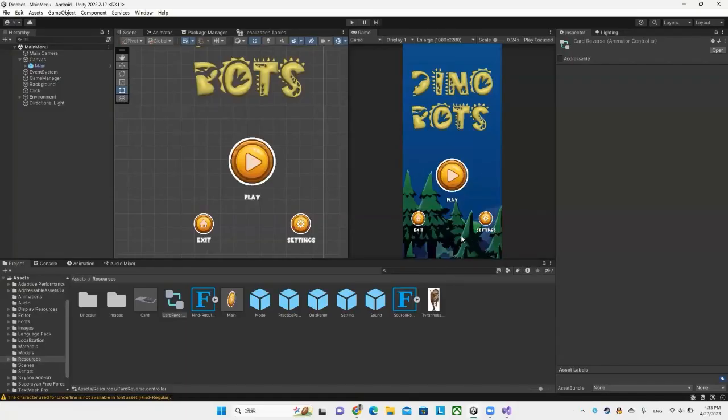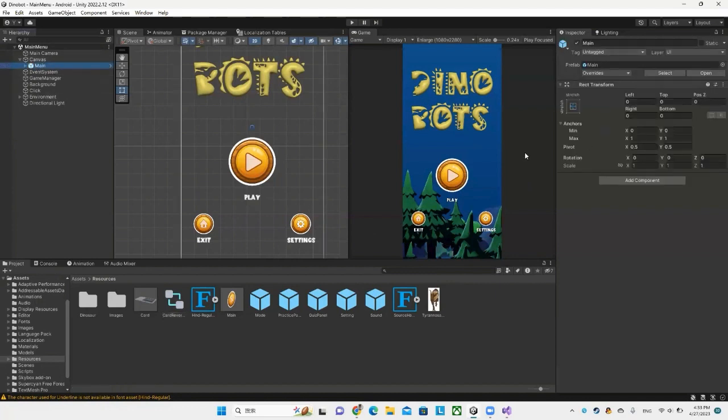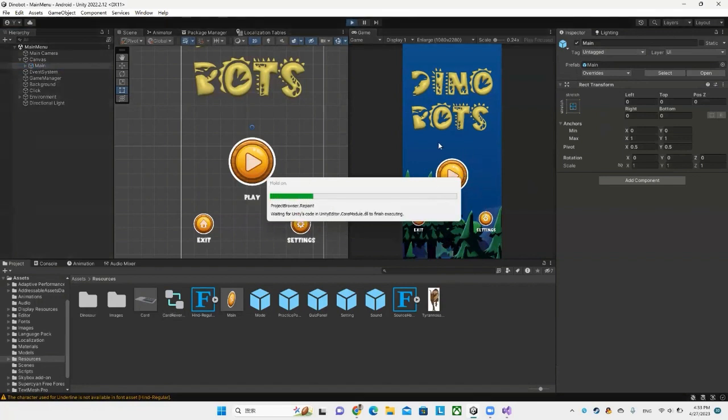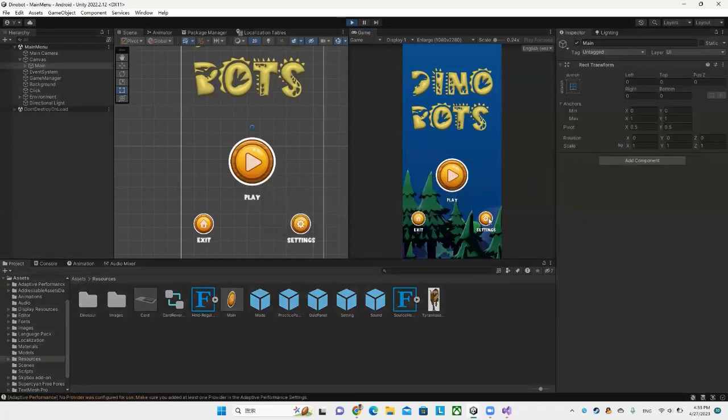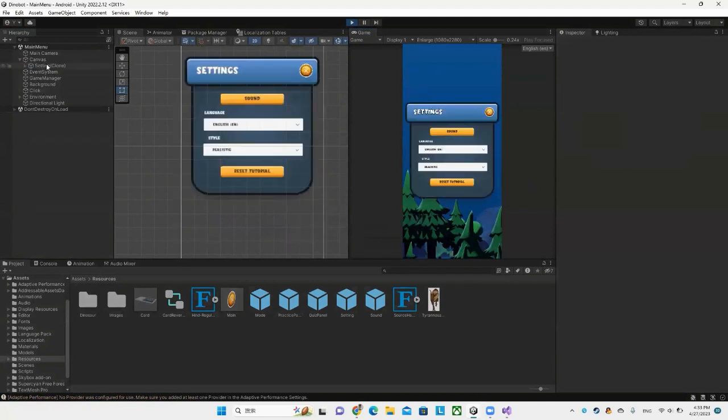So hi, I'm going to showcase how the entire game works. Let's start with the main menu. First of all, you can see there are some prefabs here. If I start the game, maybe it's a bit slow, sorry, and I want to go to a setting panel, you can see the panel